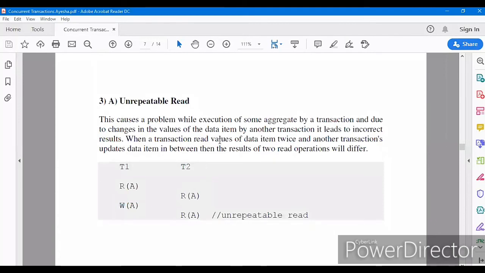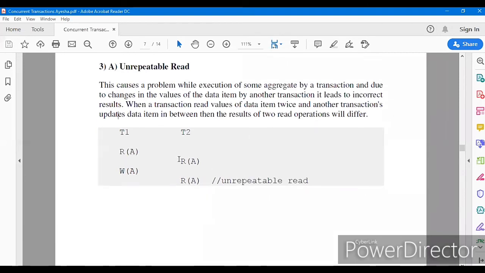So when a transaction reads the value of a data item twice, and another transaction updates the data item in between, the results of the two reads will differ. Let's see an example. There is a write operation between two reads. Then this is called an unrepeatable read.